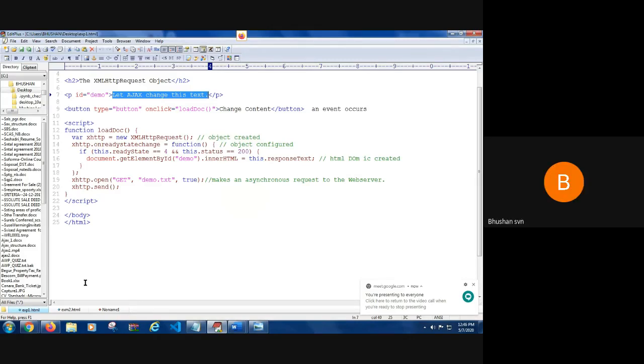So you should know this load doc function, onready state and status. This is a very simple example to demonstrate it. So I will wind up the class today.